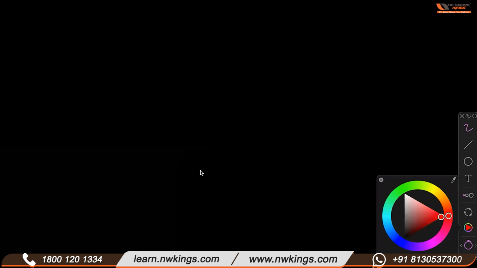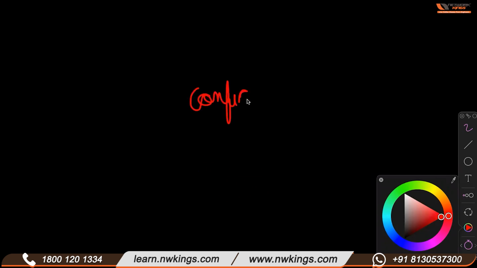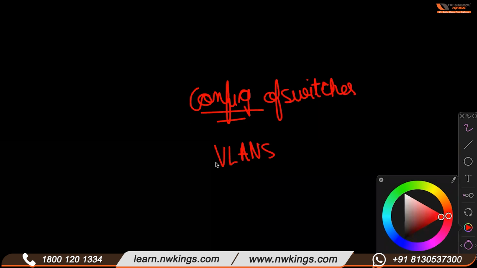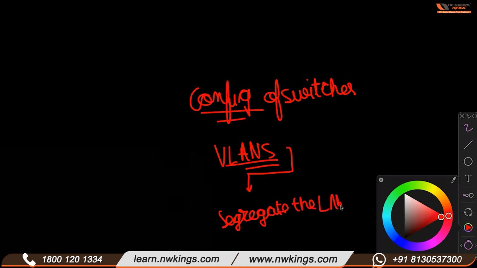So what they did is they went into the configuration of switches, right? Into the configuration of switches, and basically created a process called VLANs. Okay. Now, what does a VLAN do? VLAN is basically going to segregate the LAN into smaller groups,